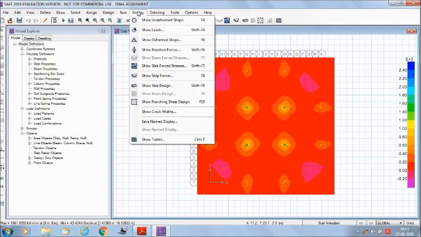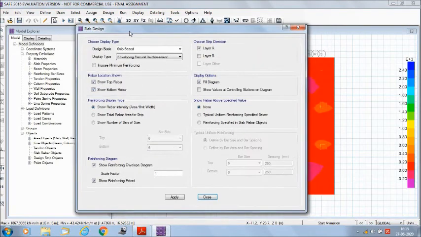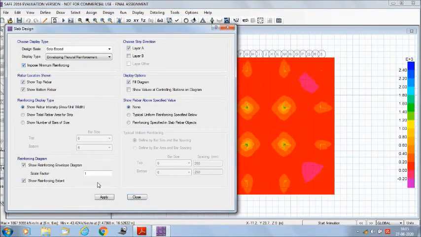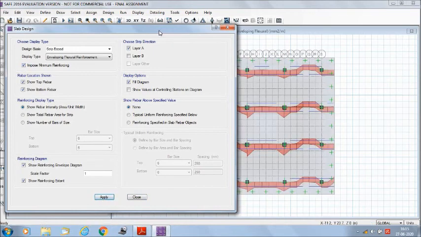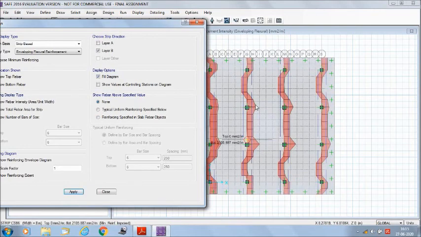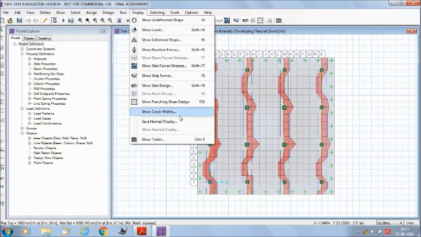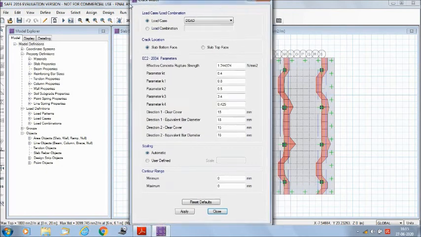Now we will go to display, show slab design, check the imposed minimum reinforcing and apply. In both the directions the reinforcement values can be seen. Now we will go to display, show crack width.